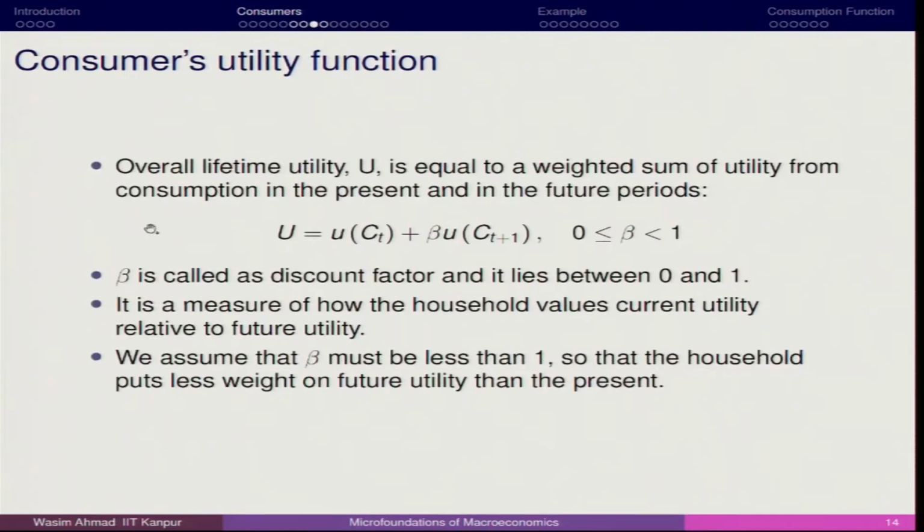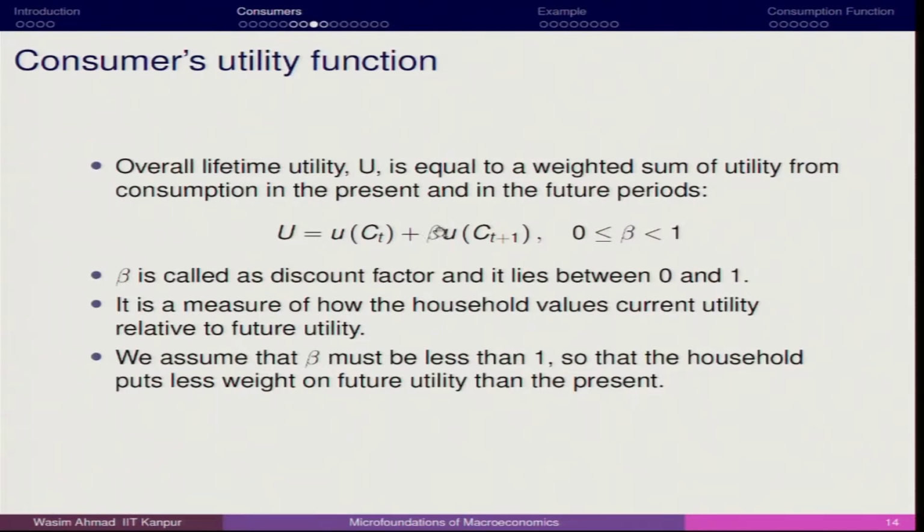Now, overall lifetime utility. Here we will be working on the utility function. Unlike the one period model, here we have a two period model. So, here we have U equals u(c_t) plus beta u(c_{t+1}). More or less it remains the same. We have to maximize this with respect to c_t and c_{t+1}. So, we can write max over c_t, c_{t+1} of u(c_t) plus beta u(c_{t+1}),